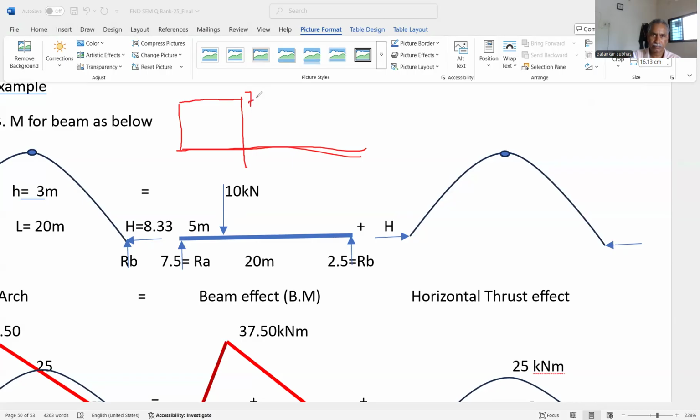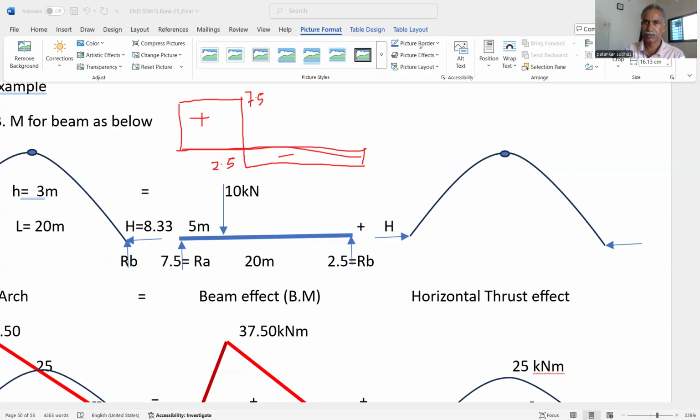Then there is 10 kilonewton minus, that's why from 7.5, right? So this is 2.5, total is 10. So 7.5 plus and minus 10, it is minus 2.5, again it is constant, and at B it is 2.5 positive, that's why it closes at 0. This is the minus, this is the plus, this is the shear force diagram. Okay, so related to the beam only. So there is no issue in finding the shear force and bending moment diagram